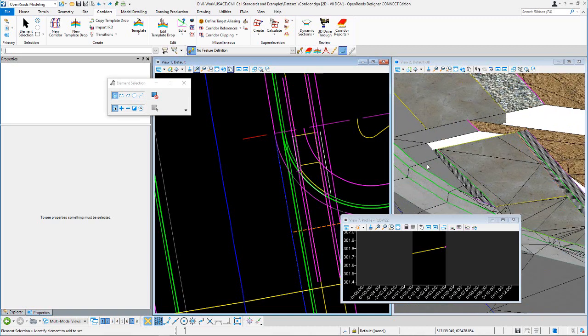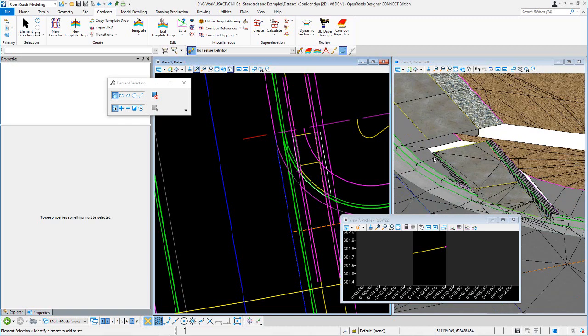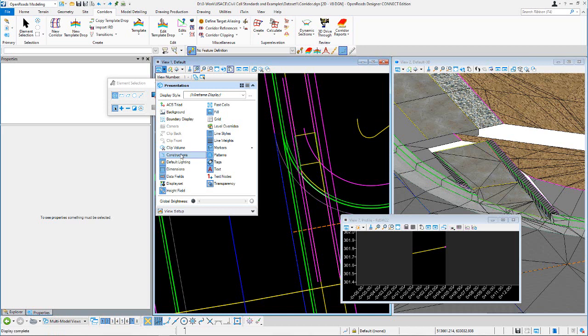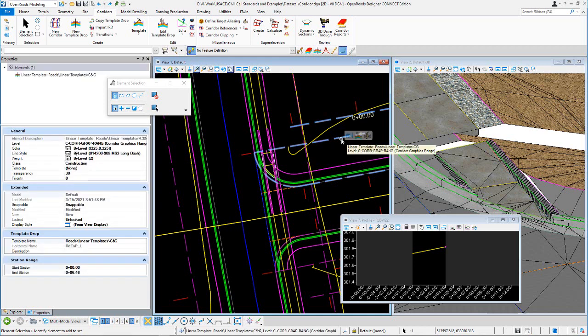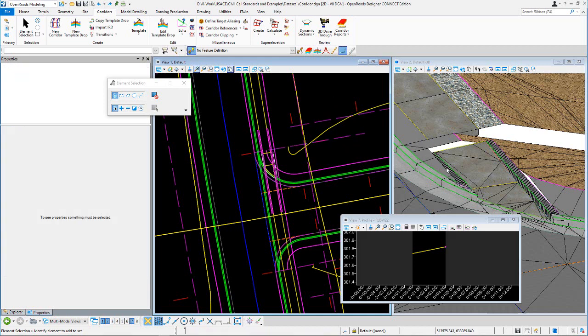I don't do a lot of cleanup right in here and right back here. I'd probably come in and cut construction class on and actually edit this template right here, and probably get rid of anything behind the curb